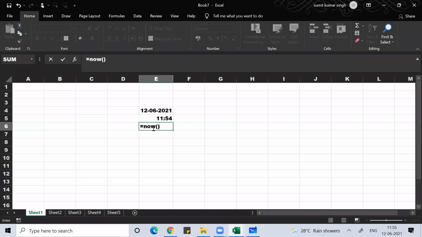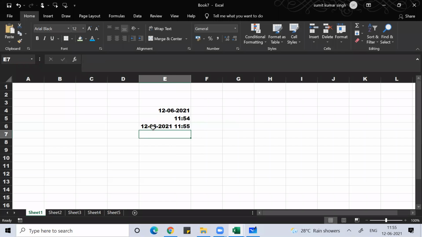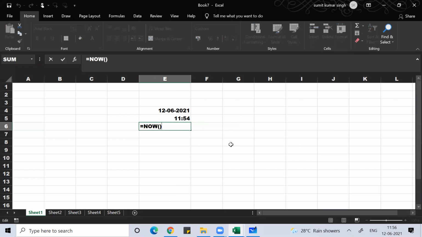If you use this function, you can see date and time together.